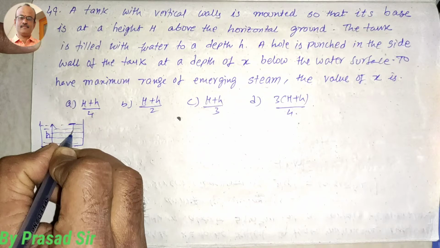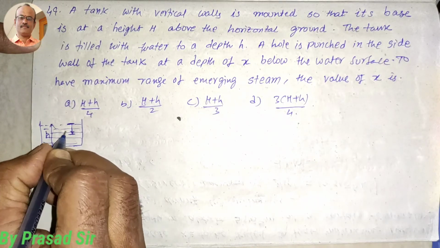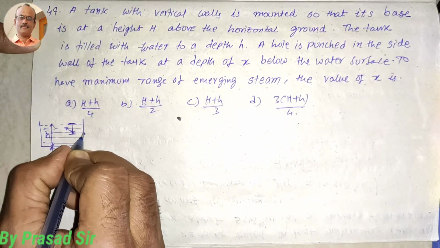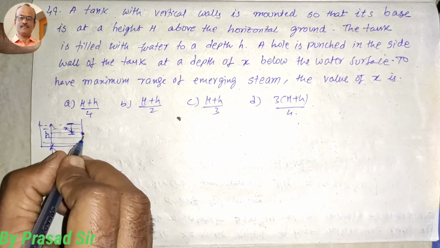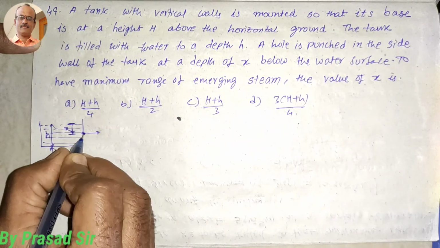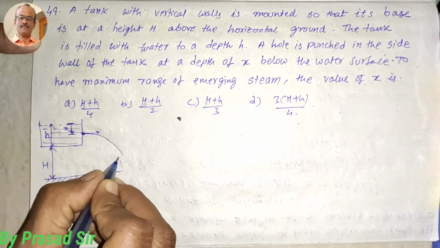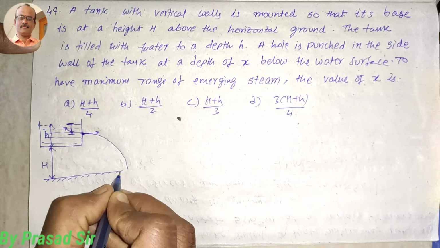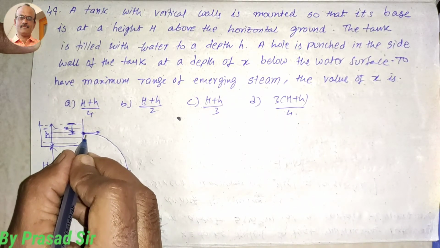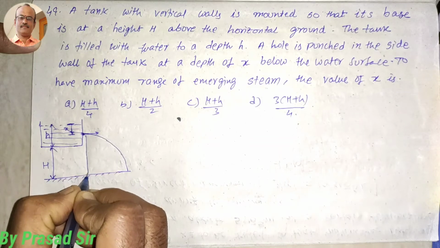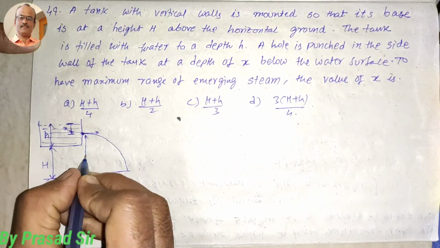From the water surface to the depth x, there will be some hole punched. Through that hole, the water comes from the water tank to the level ground. So that hole is present from the ground at a height of